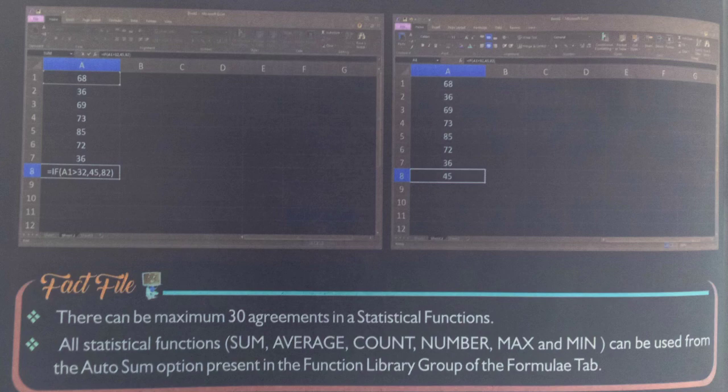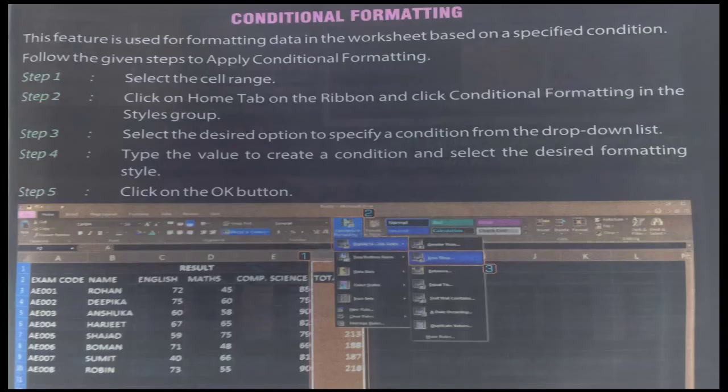Conditional formatting. This feature is used for formatting data in the worksheet based on the specified condition. So for doing conditional formatting, follow the given steps to apply it. Step first, select the cell range. Step 2, click on the Home tab on the ribbon and click Conditional Formatting in the Styles group.